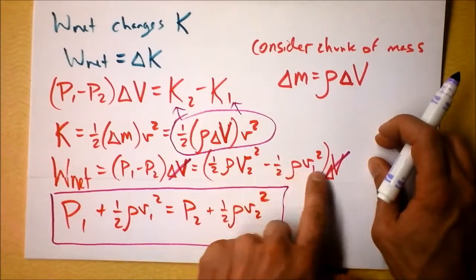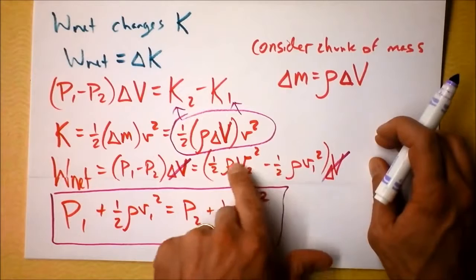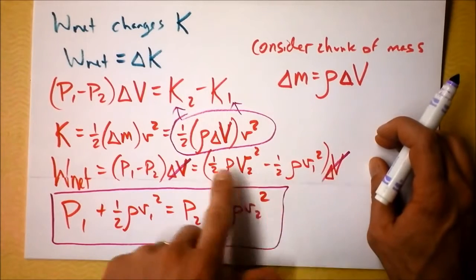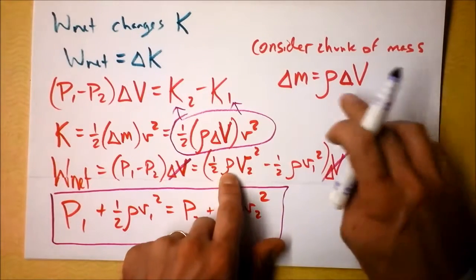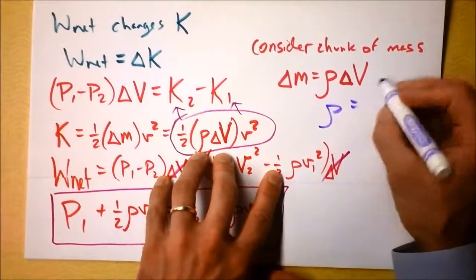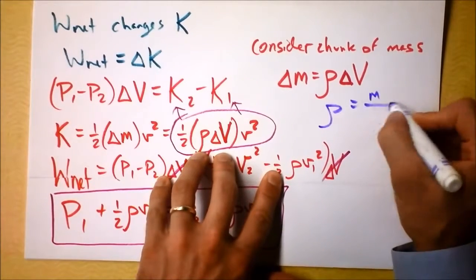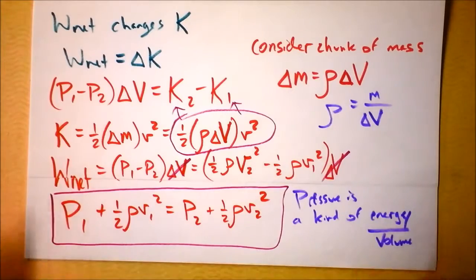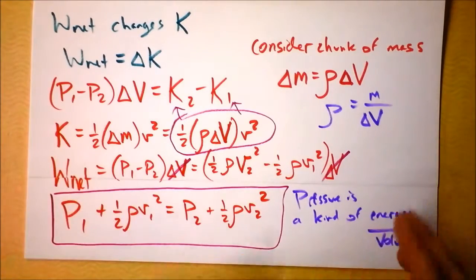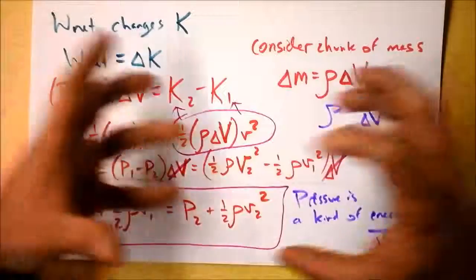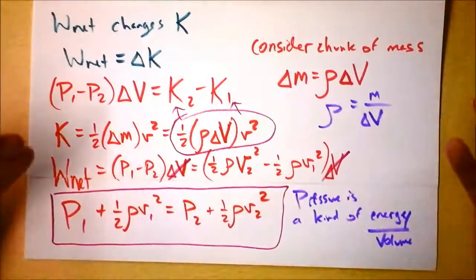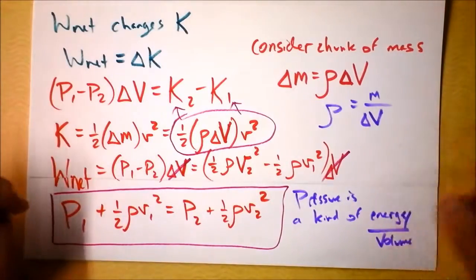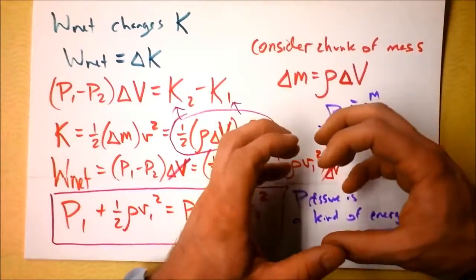Oh, this isn't really kinetic energy though. This is kinetic energy per volume times volume because density is mass divided by volume. Think about things like popping a balloon. Think about what kind of energy a pressure actually is if you've got something under pressure. There are actually cars, golf carts mostly, that you put a big tank of compressed air in the back and then